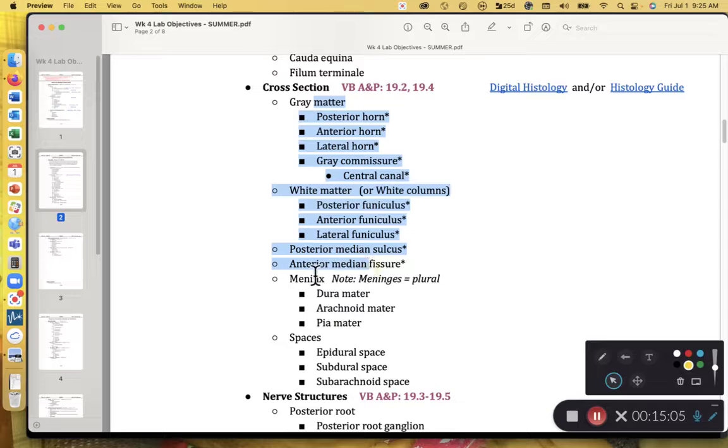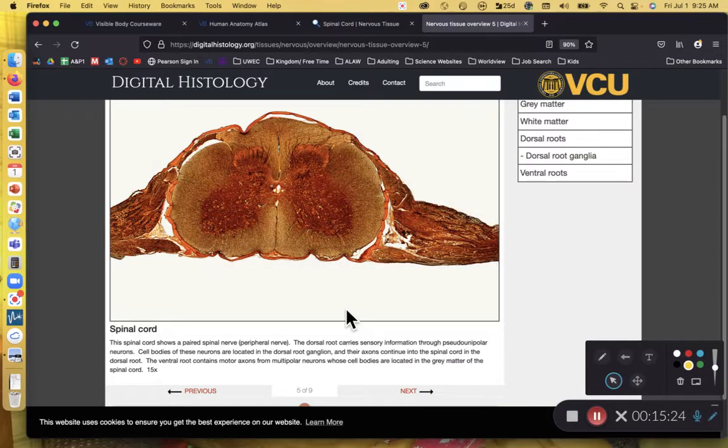As we look at the meninx, which is the singular for the layers of the membranes that wrap around the spinal cord and brain, the central nervous system, meninges is plural. We have Dura Mater, that is most superficial, Pia Mater, which is the deepest, and Arachnoid Mater, which is in between. In this image here,